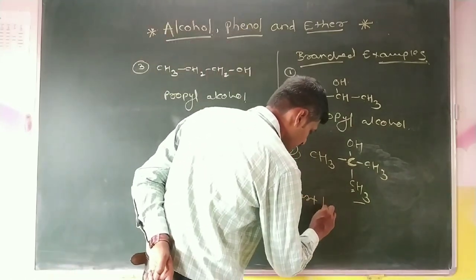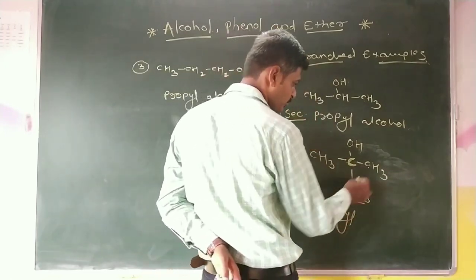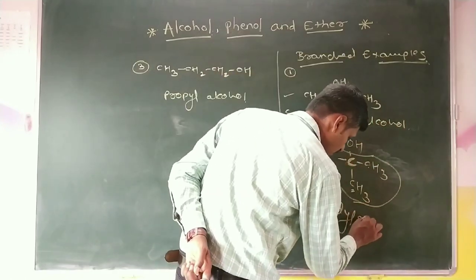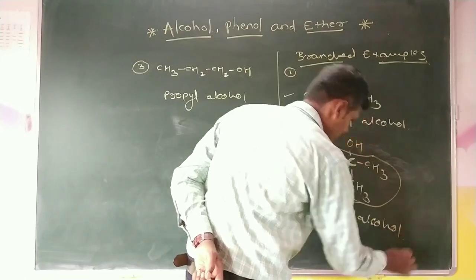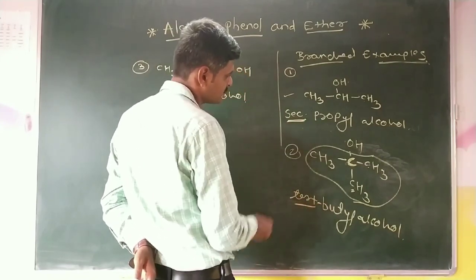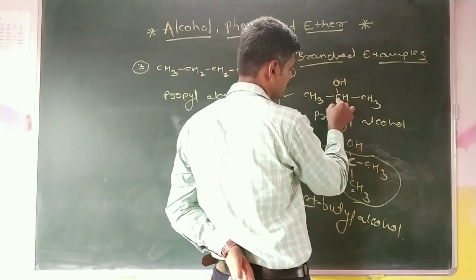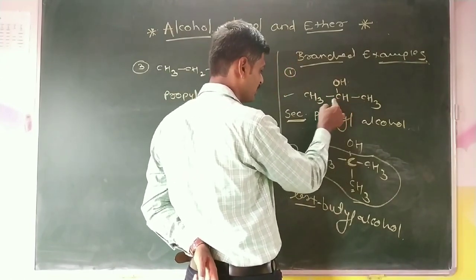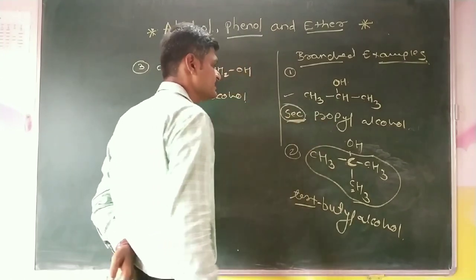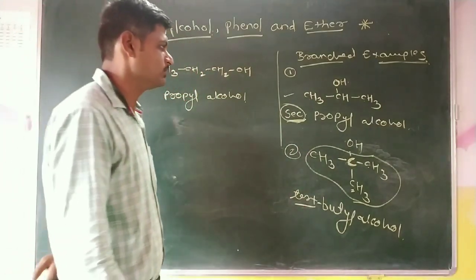It is a butyl, but as the root and yl is used as a suffix. Therefore, tertiary butyl. This group is a tertiary butyl group and it is an alcohol. In these two cases, the common name is slightly changed. In this group, the hydroxyl group is attached to the secondary type of carbon atom. Therefore, before the propyl name, we can write the word sec. Sec represents this secondary carbon atom.